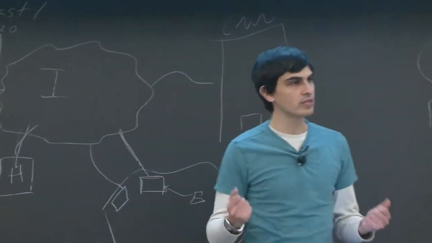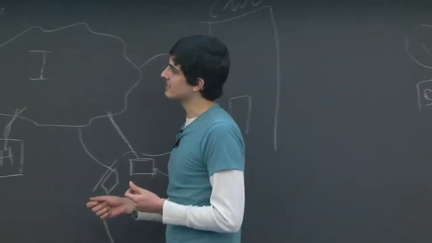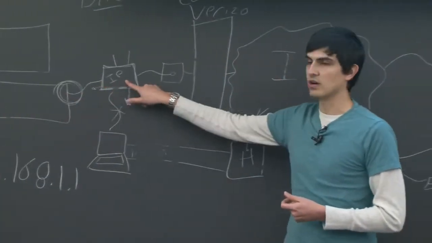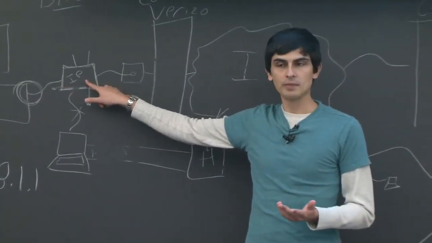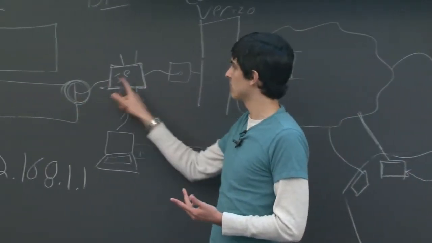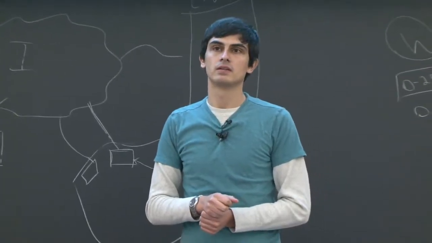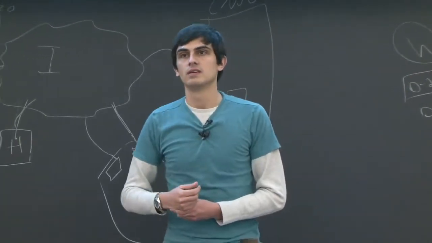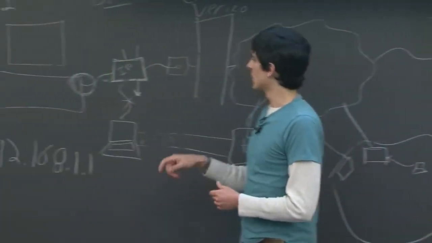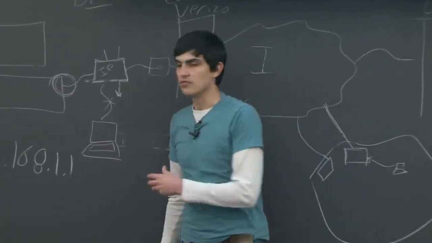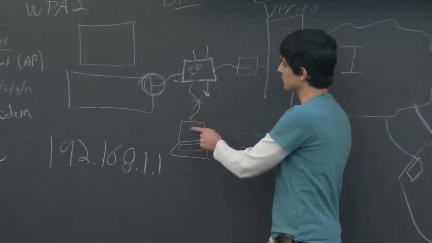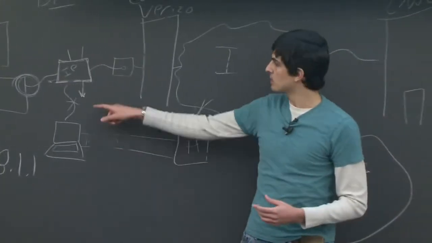But we have these really, really fast speeds that can exist between a computer and a router. And what's the point? Why might we care that we can have a really fast connection between a computer and a router? Yeah. Oh, for communicating with other computers, not through your own home network. Right, exactly. So to communicate a file, for example, from this desktop to this laptop, if they're both connected using